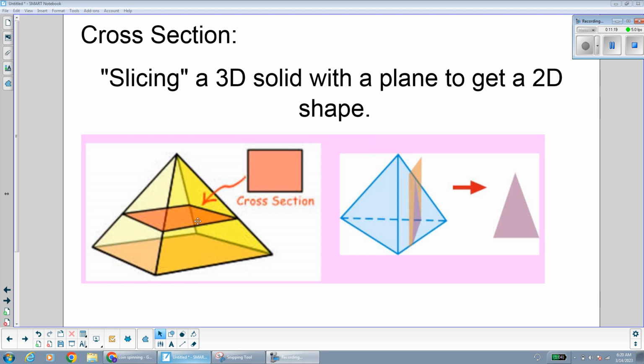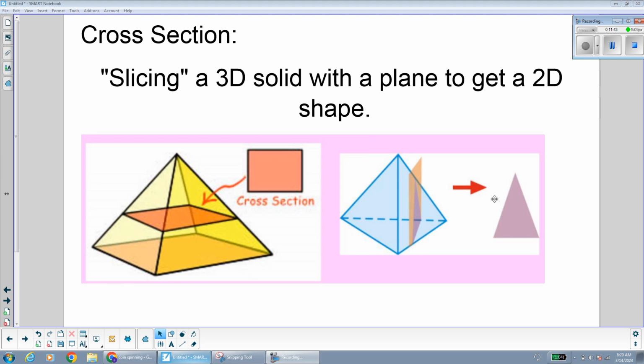Over here we have a pyramid, and if we cut it parallel to the base, horizontally, notice that we get a rectangular cross section. But if we take that same pyramid and slice it perpendicular to the base, vertically, notice how we get